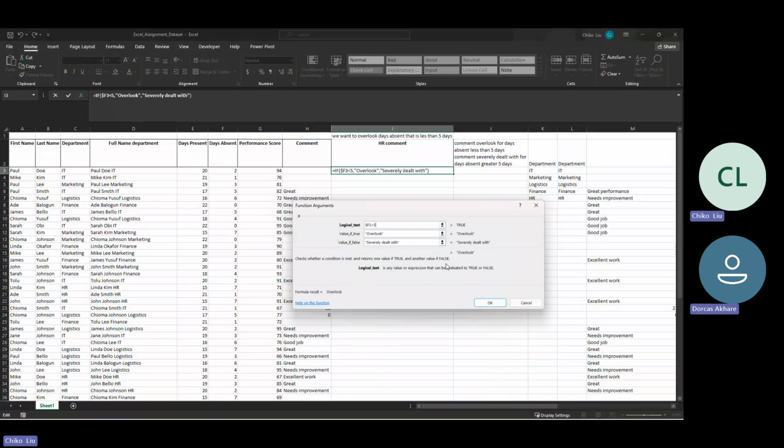So basically, if I say F3 here less than 500, return value if true: overlook, that's what I want to return, if this particular value here is less than 5. But if false, it means that if it is not less than 5, meaning it is either greater than or equal to 5. That's implicitly what it means. Indirectly, what it means is